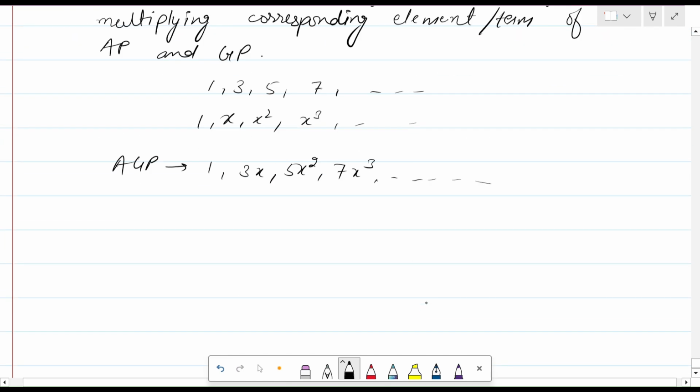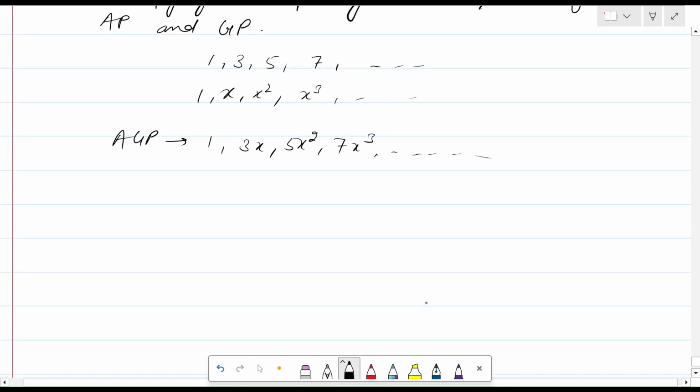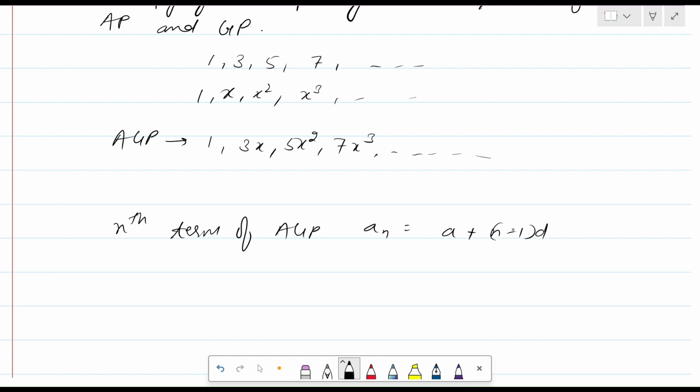So, if I want to write the nth term of AGP, then what will it be? It will be a plus n minus 1 d, this is the nth term of an AP, and r raised to the power n minus 1, this is the nth term of a GP. Okay, so if I want to find the sum